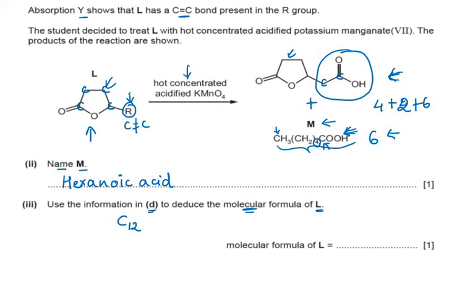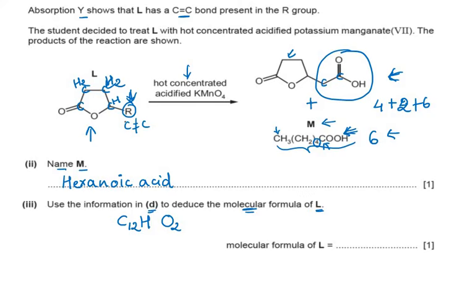Now we also know that R is just an alkene chain. So there are 2 oxygen atoms, and we can write 2 oxygen atoms at the end also. Now the remaining are hydrogen. From the structure of L, we can make out that here are 2 hydrogen, here also should be 2 hydrogen, and this carbon will carry 1 hydrogen.